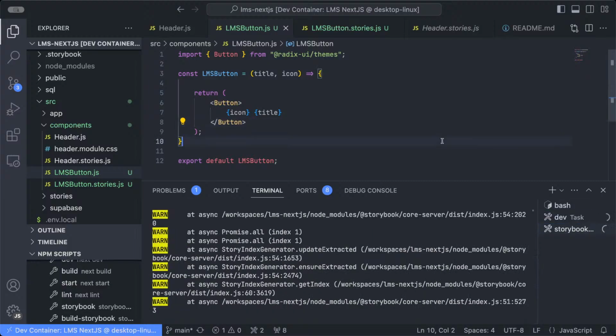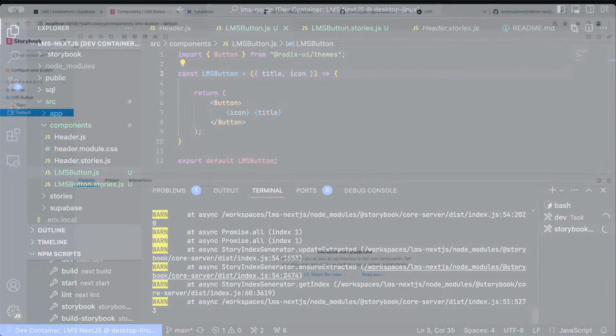Not getting any errors here. So what do we got? We've got our title, we've got our icon, we've got our button. That should be fine. Do we need to have this wrapped in some braces? That's where I went wrong. Okay, so back on Chrome,